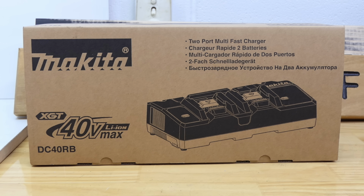This video is about the Makita XGT 40V Max Rapid Dual Charger, but before we get to that,